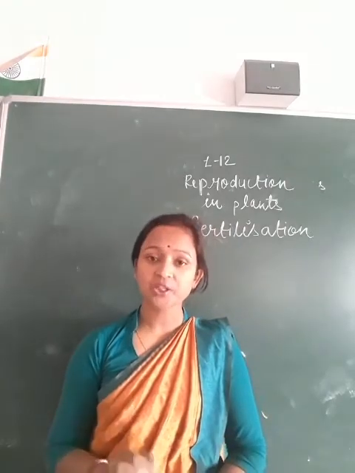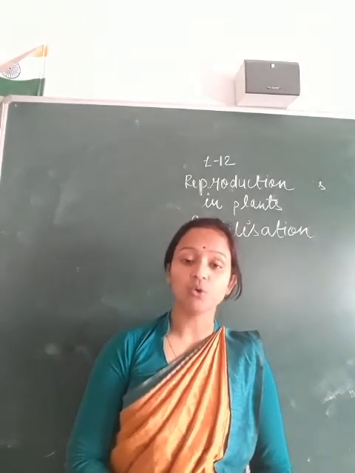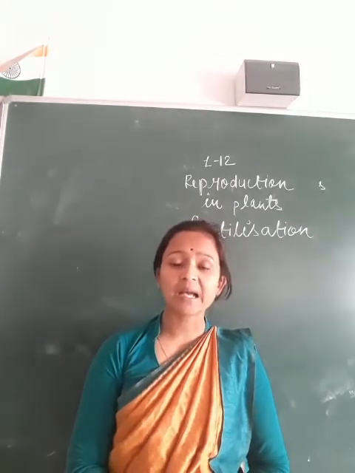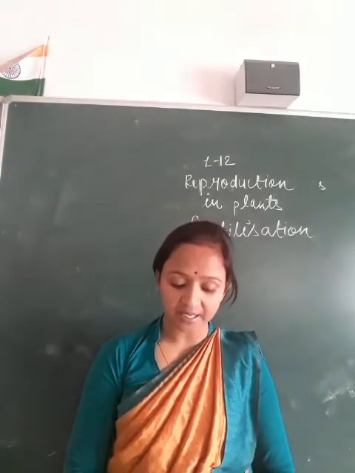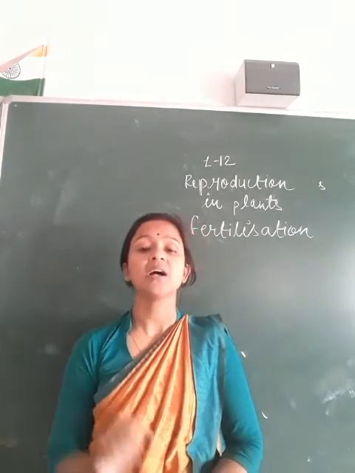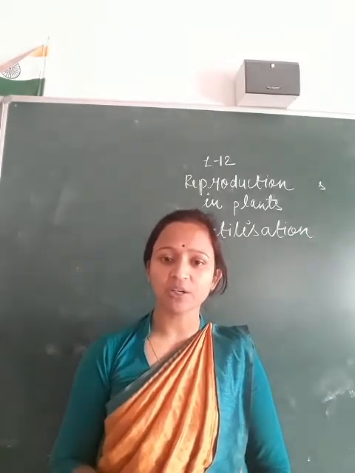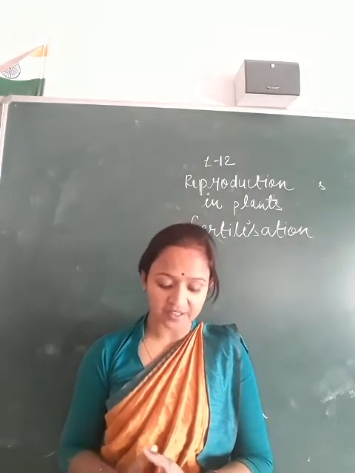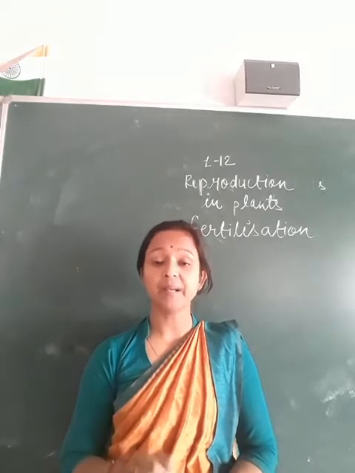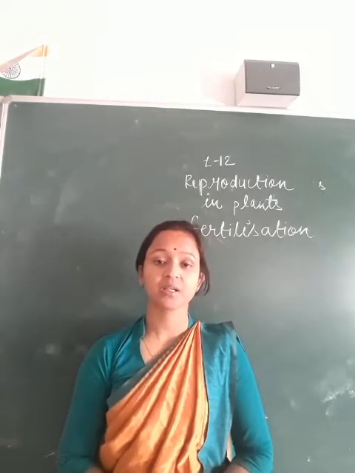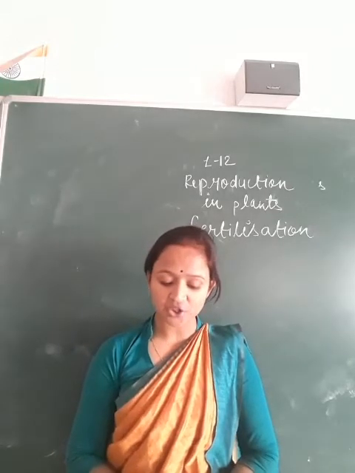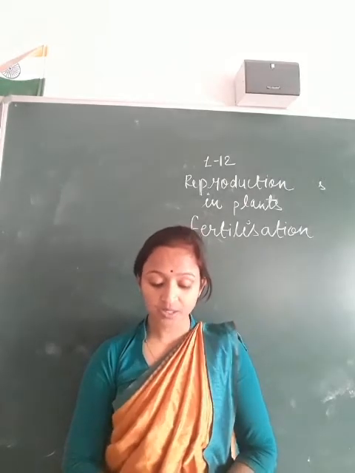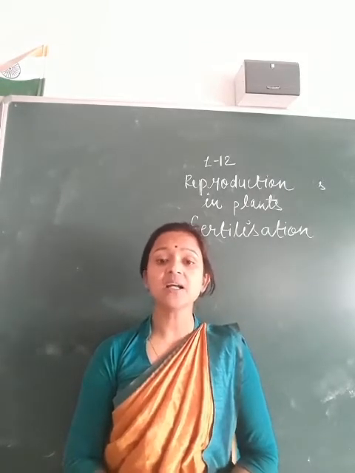And the pollen tube finally enters the ovule where the female gamete is located. What is the female gamete? The female gamete is the egg, present inside the ovule. And third step, finally the male gamete fuses with the female gamete, and this completes the process of fertilization. The cell formed as a result of fusion of the two gametes is called the zygote.